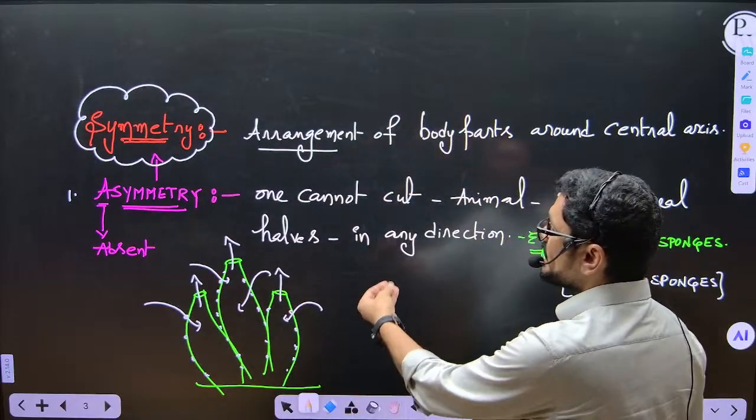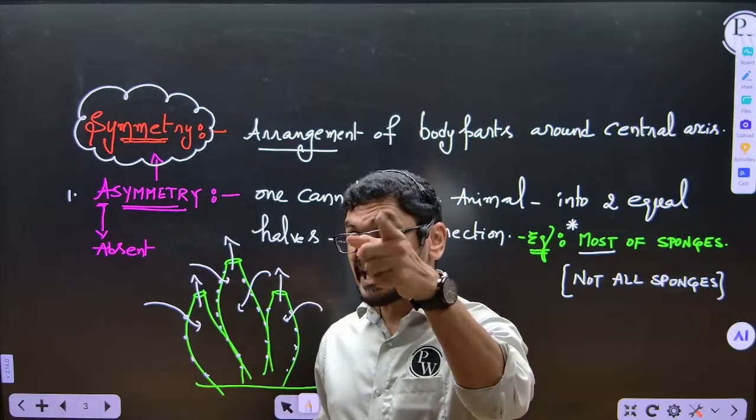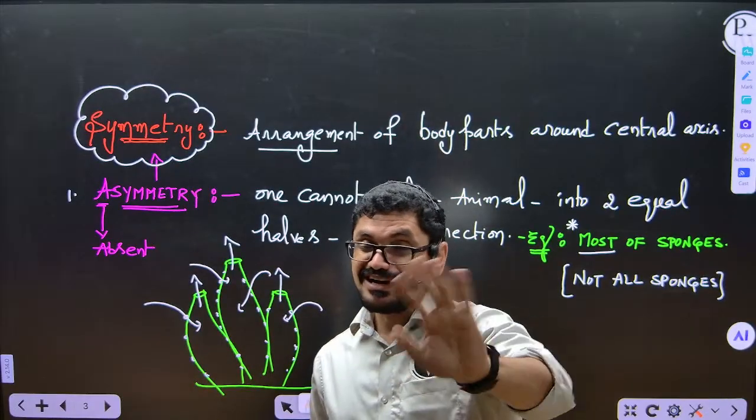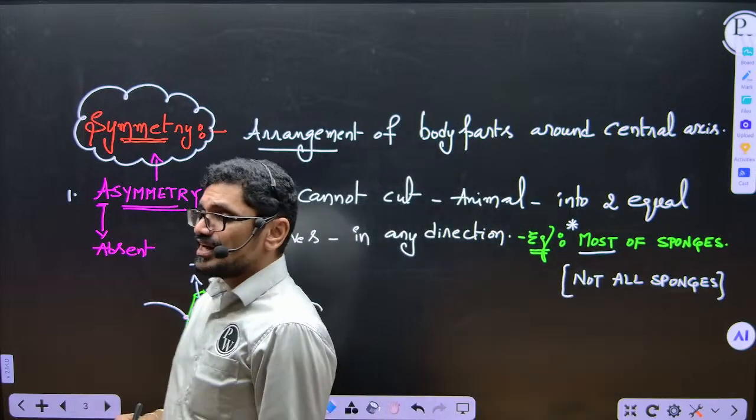Okay. Next, symmetry and asymmetry. We cannot cut the organism into two equal halves. We can cut the animal into two halves, but cutting the animal into two halves is not the point. Equal halves is important. Okay. And then